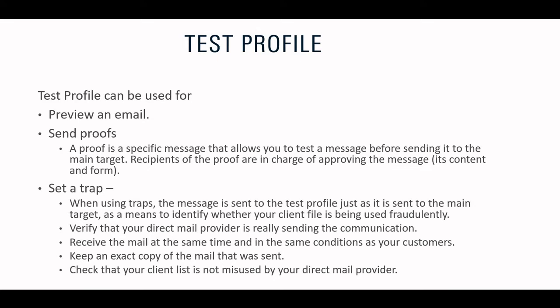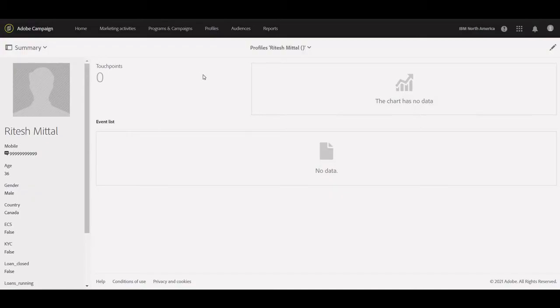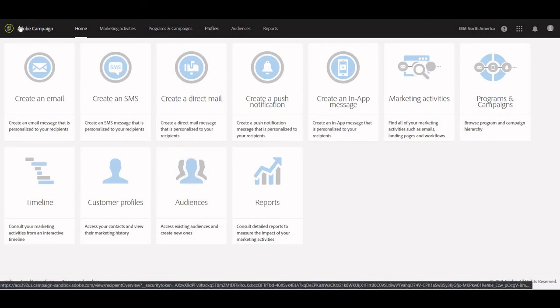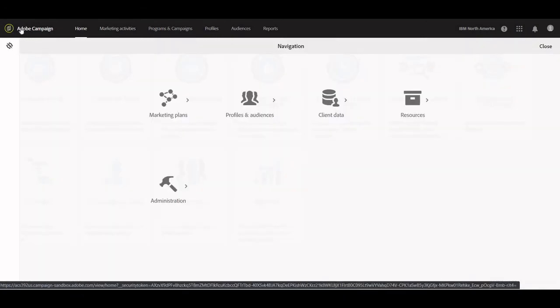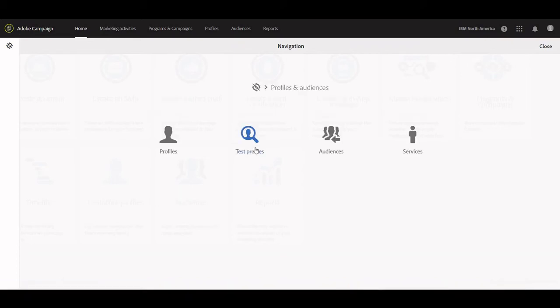Now, how can we create a test profile? We'll go to Target, Campaign again, and again click on Home. Either we can click on this customer profile, or I just like this way: click on this logo, then Profile and Audience, Test Profile, click on Test Profile.